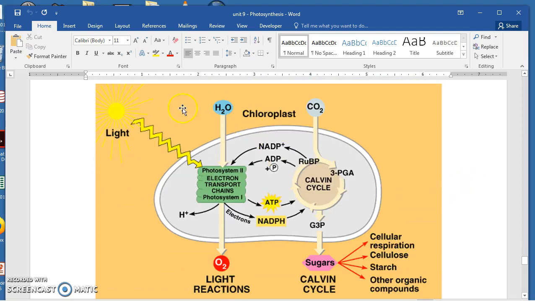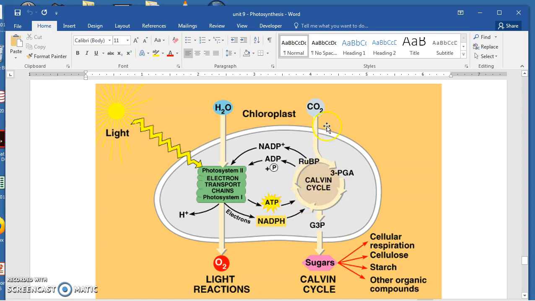So the general overview is the sun, which is the ultimate energy source, or some artificial light, is going to be running the light reactions. Photosystem 2, photosystem 1, the non-cyclic and cyclic electron pathways. Water goes in, oxygen is released, and energy is transformed from this kinetic light energy to potential chemical energy in the form of ATP and NADPH. The ATP and NADPH help run the Calvin cycle, and the Calvin cycle is just happening out